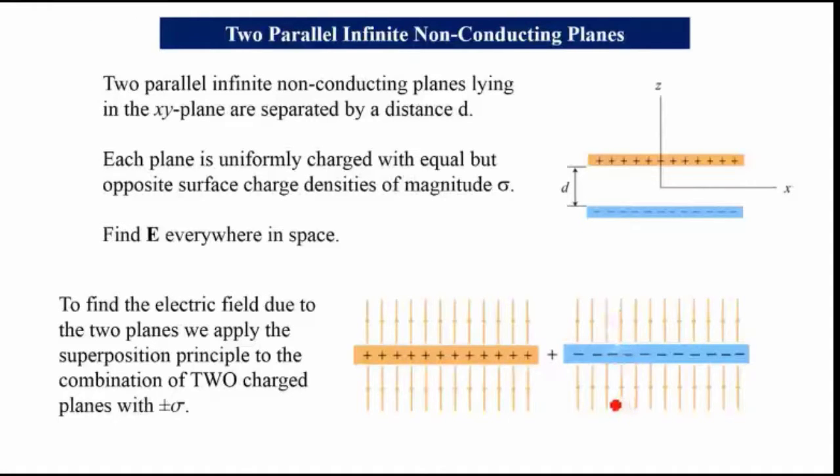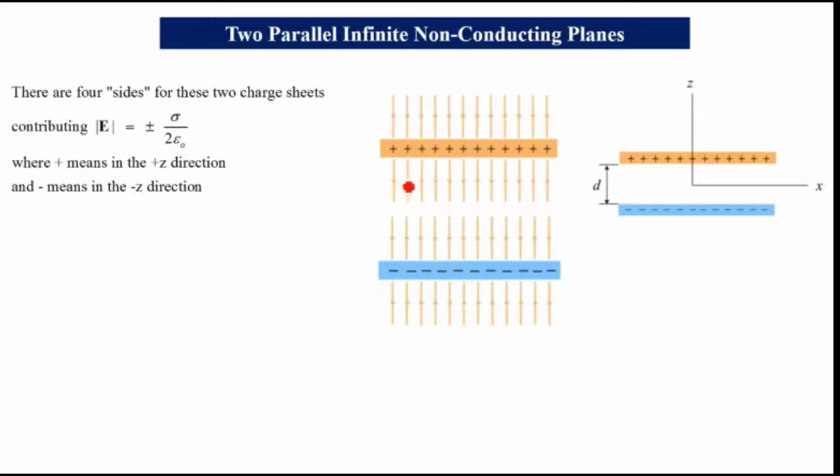And so below they come this way, and up here they come up here. So that's what the field looks like alone. But we're going to put those two together in this geometry here. So if we look at the fields from these two charge sheets and put them in this orientation, what's important